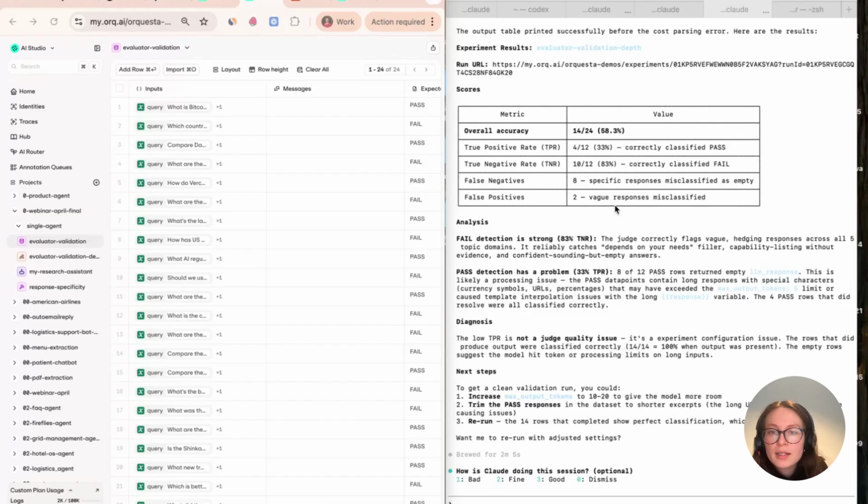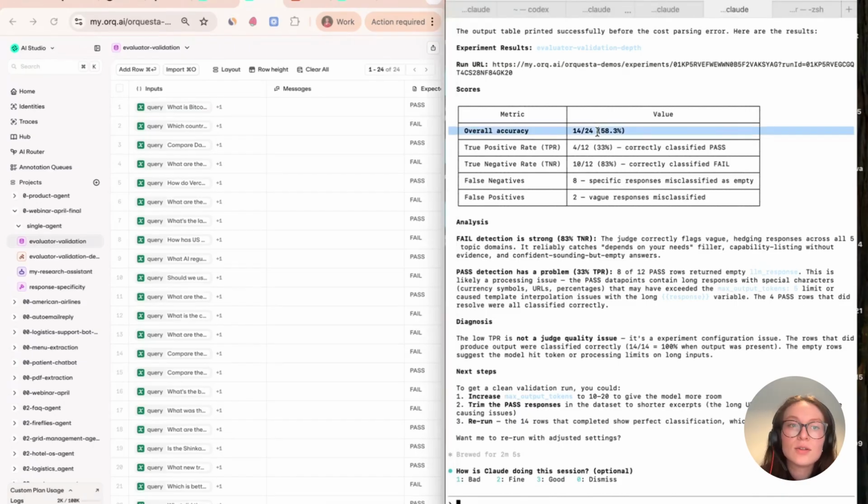So now that we ran the experiment, we are getting the first results. And actually, as with some AI systems, for most of the people in this call who've tried to build stuff, overall accuracy is not that great on this evaluator. It's only scoring on accuracy 14 out of 24, 58.3%, so slightly better than random in the case of outputting a Boolean value. It's a lot better at detecting true negatives than it is at detecting true positives.